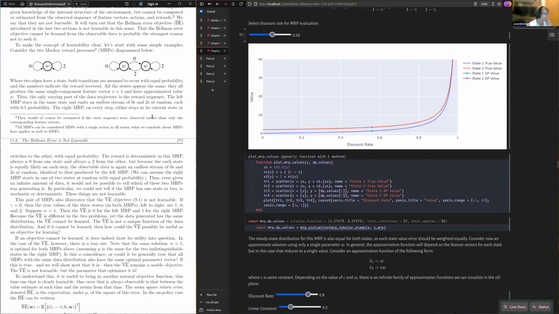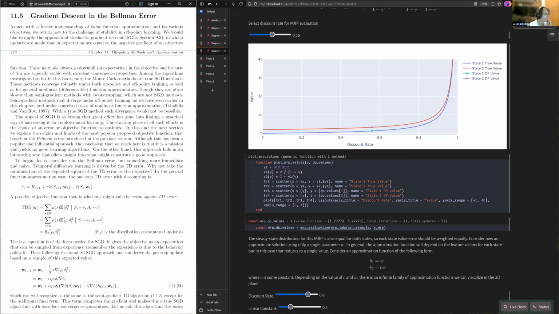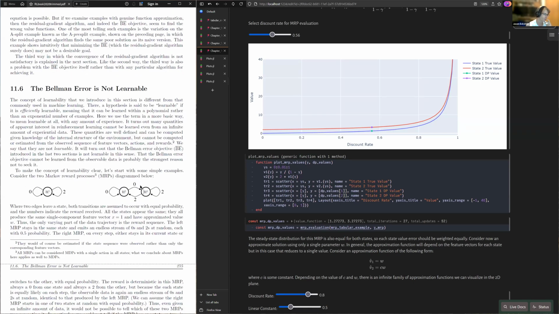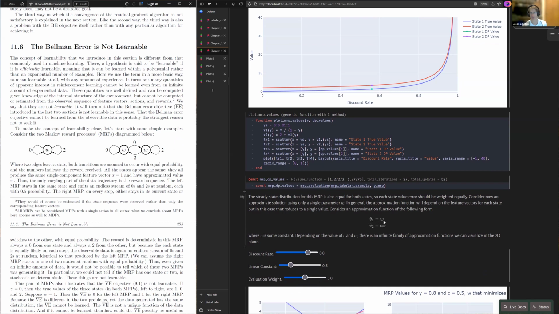Now, similar to that 3D diagram, this one, instead of having 3 states and 2 parameters, for this problem there are only 2 states and 1 parameter. So everything is one dimension simpler. But I'm going to now consider this approximation, kind of like the previous counterexample, where the value of state 1 is equal to W, and the value of state 2 is CW, where C could be any constant here. I'm considering it usually to be a positive constant. So C could be 1, but it could also be 1/2 or something different. But this relationship between the values, what ends up happening,